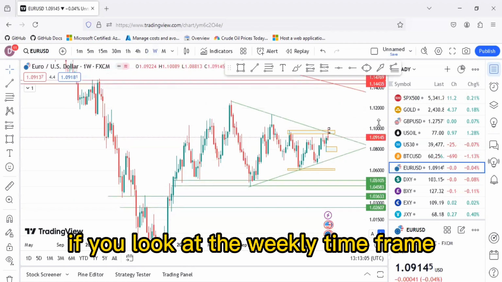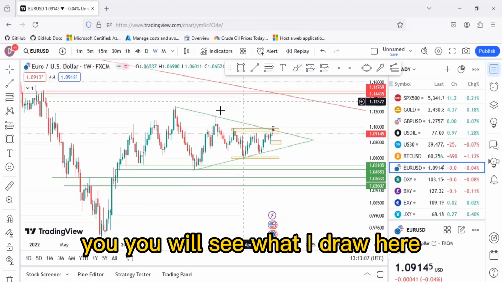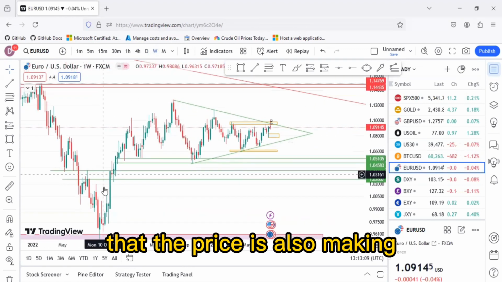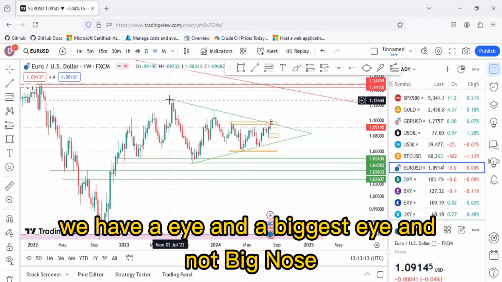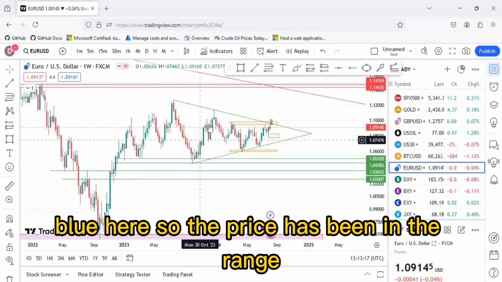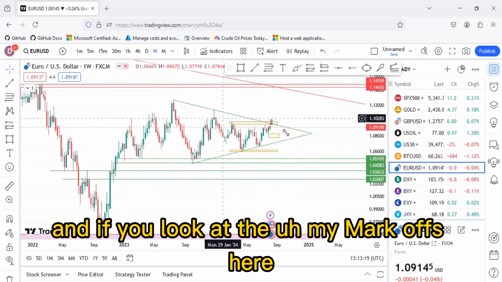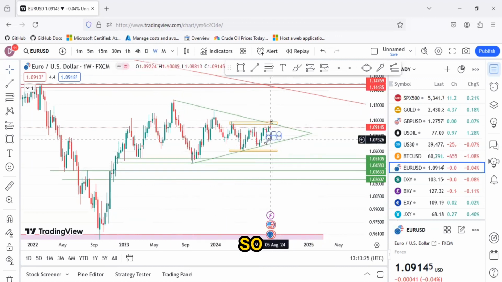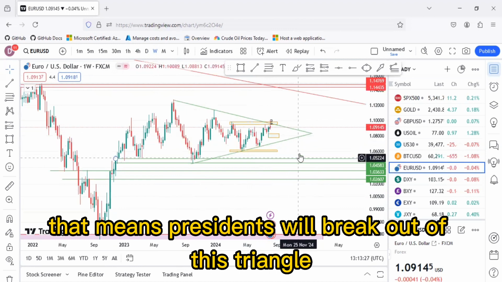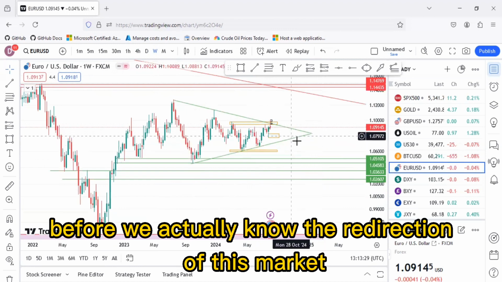If you look at the weekly time frame, you will see what I draw here, that the price is also making an uptrend here. We have a high, a previous high and a previous low here. So the price has been in a range, and if you look at my markups here, you can see that we are in a symmetric triangle. That means prices tend to break out of this triangle before we actually know the real direction of this